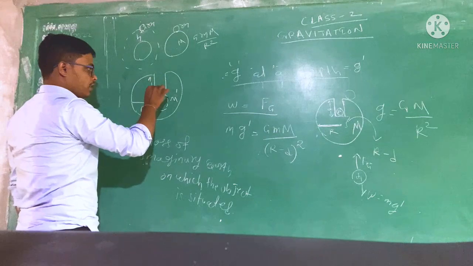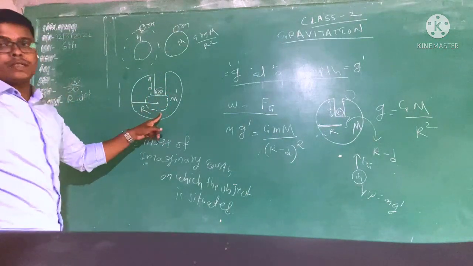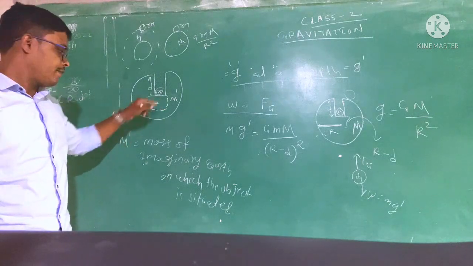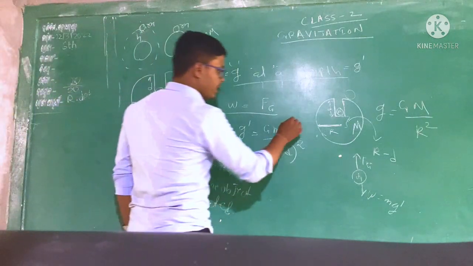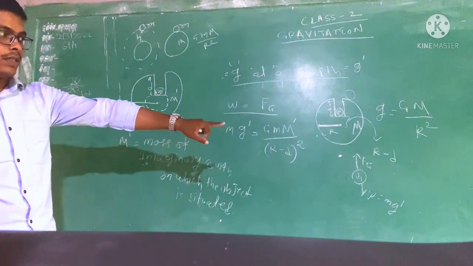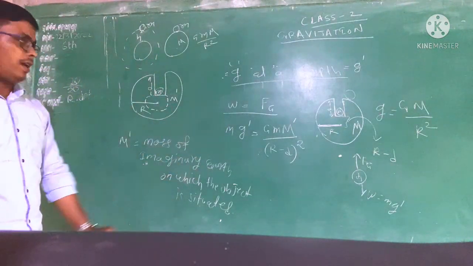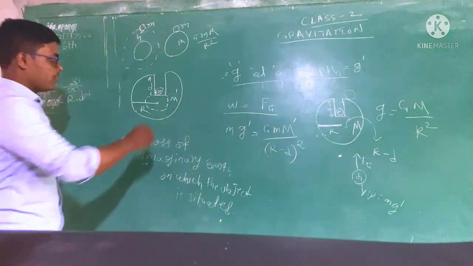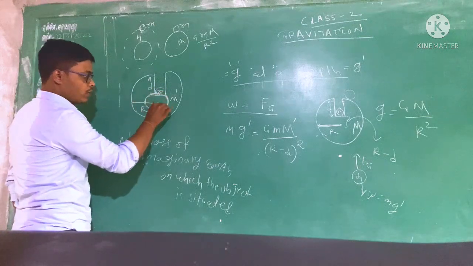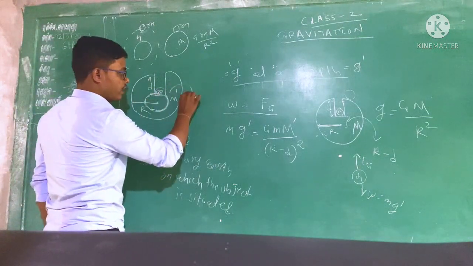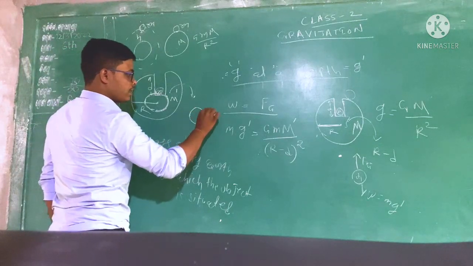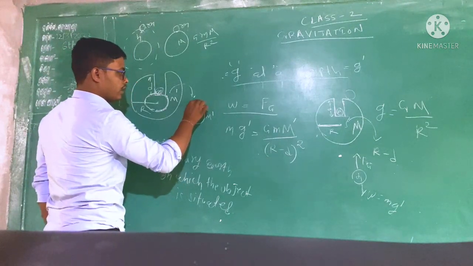The object, where is it sitting? It is sitting on the imaginary surface, meaning the imaginary earth, right? So the mass will be M dash. What will be M? M is the mass of earth, R is the radius of the earth. But M dash is the imaginary earth, this one. If you bring it back to here, this case is this one. This one is M dash and the object is situated here.